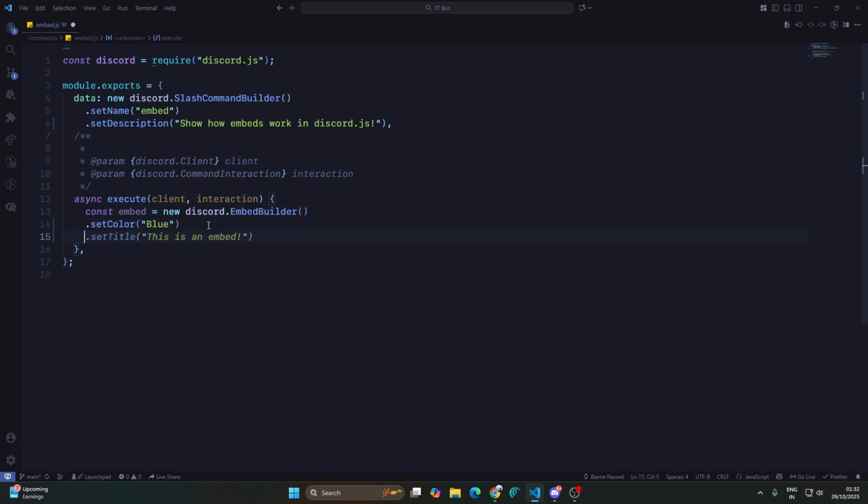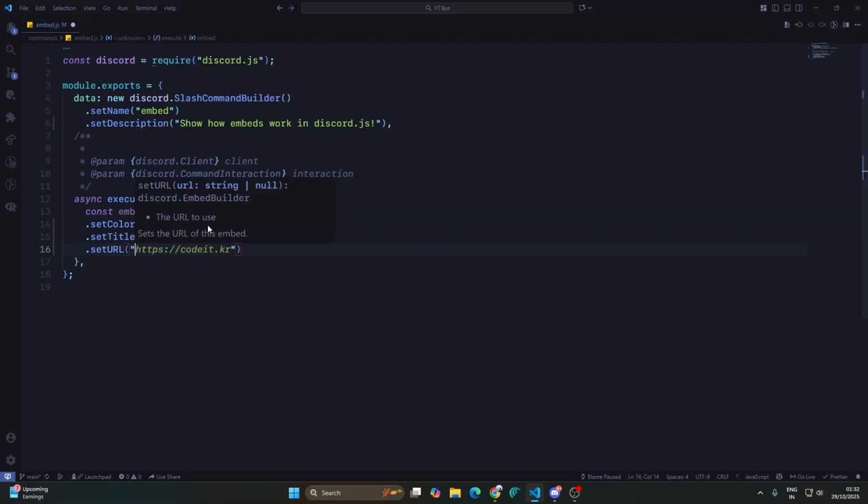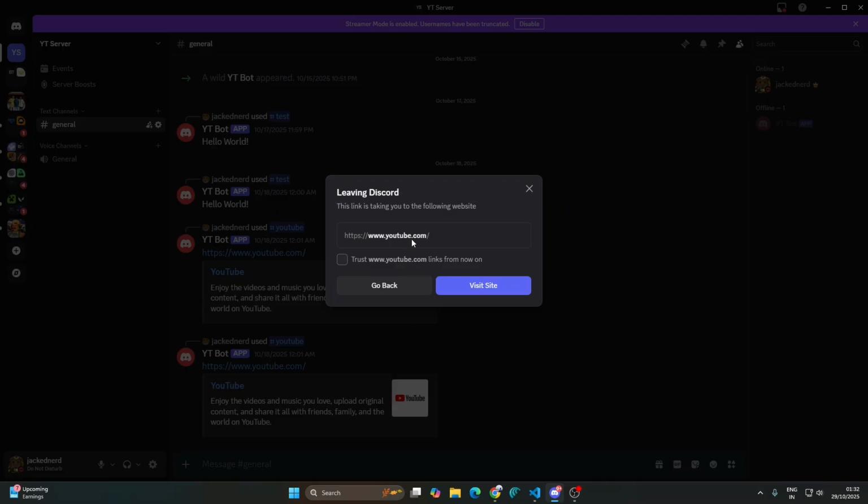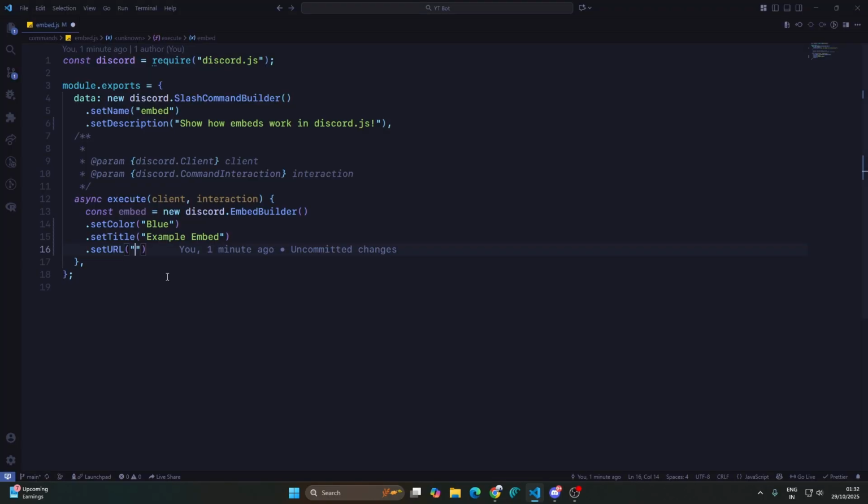And then after setColor we have to set the title. So .setTitle, example embed, and then .setURL. This is a URL for that title. You can see YouTube here is the title, and the URL to it is youtube.com. So here we are going to give it the same, youtube.com,